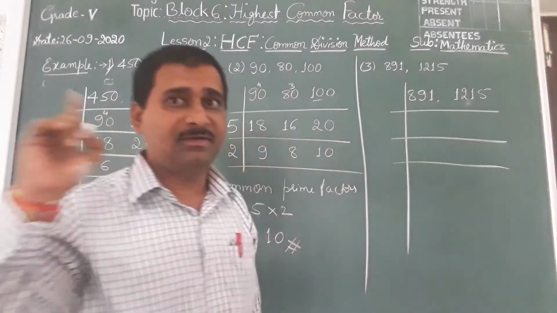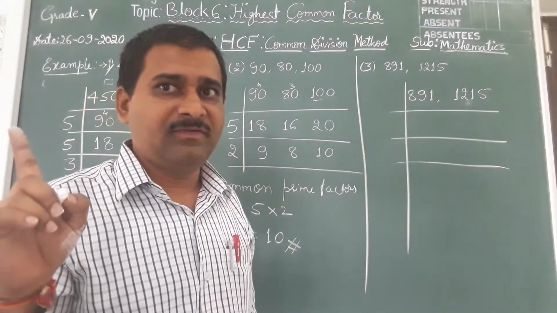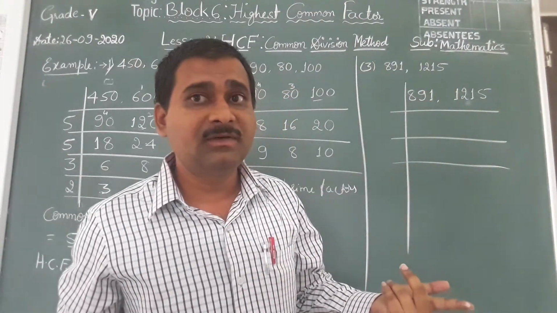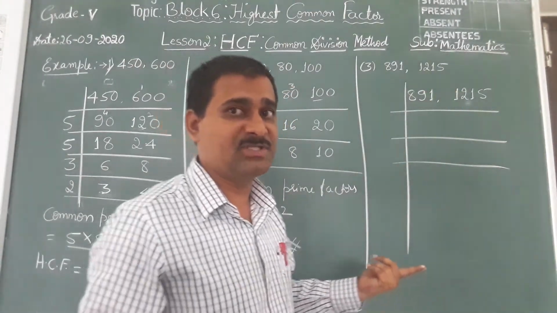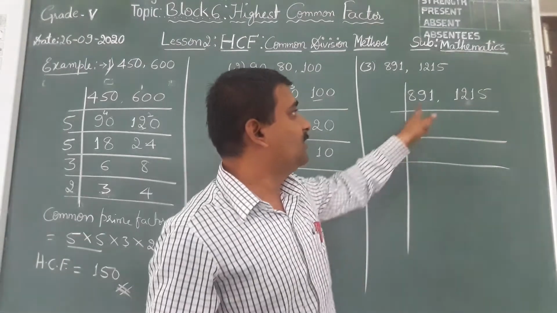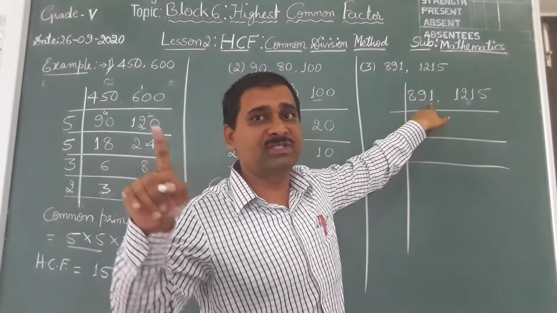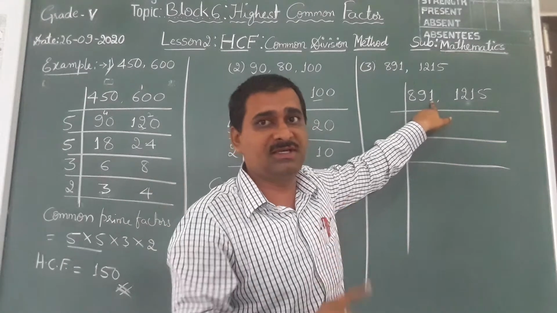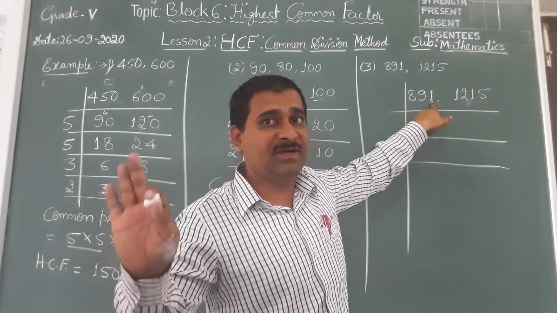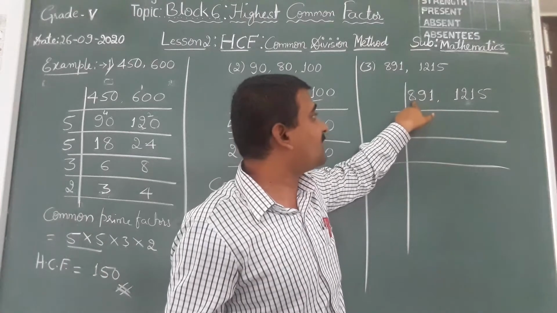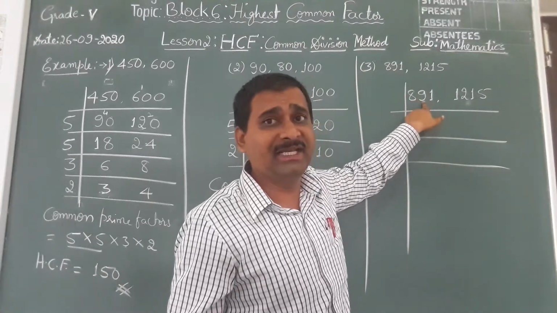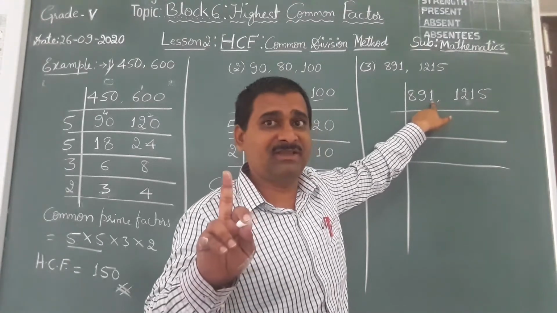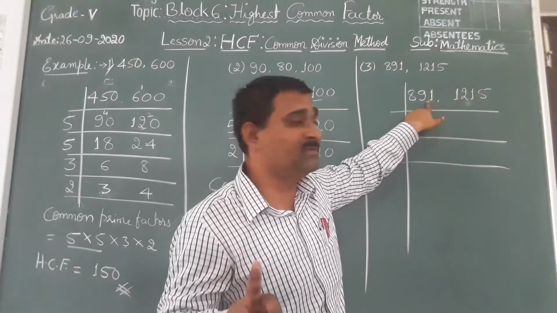Think, children, which divisibility test you will use, and which number these two numbers are divisible by. With the help of the divisibility test it is possible to know. See, 2 is not possible because the rule for 2 is that the ones place must be 0, 2, 4, 6, or 8, and there is nothing like that, so 2 is cancelled. For divisibility by 3, we add 8 plus 9, 17, 17 plus 1, 18. 18 is divisible by 3, yes.